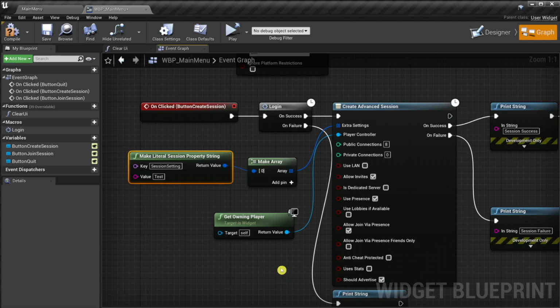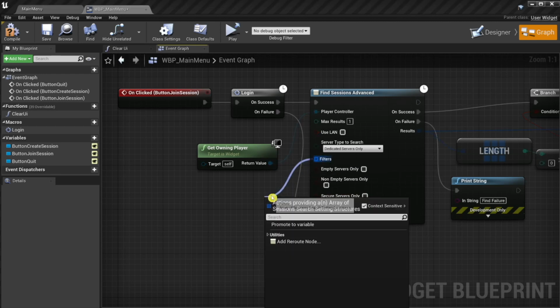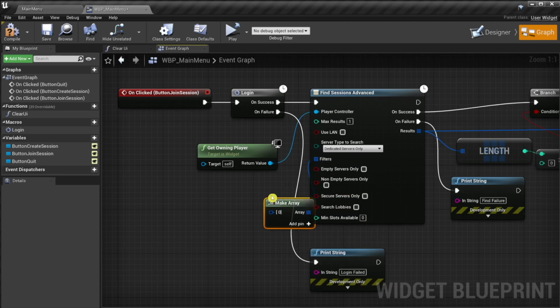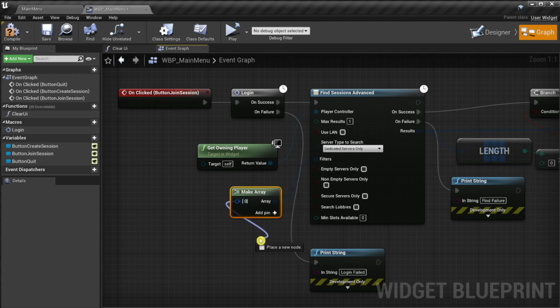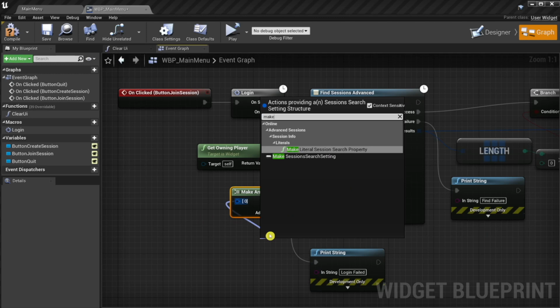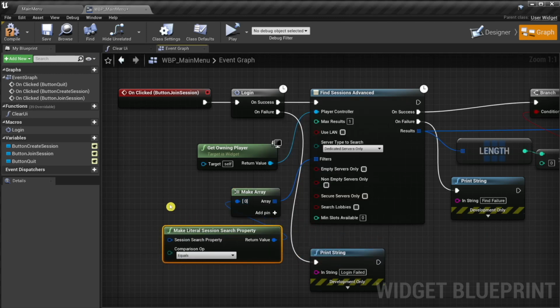And then in the Join Session button handler, where we run Find Sessions Advanced, we need to provide a filter array. For this array, we make a search property, using the comparison operation equals.